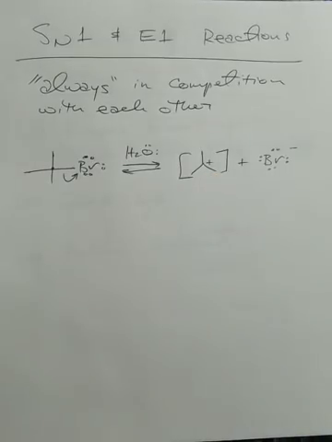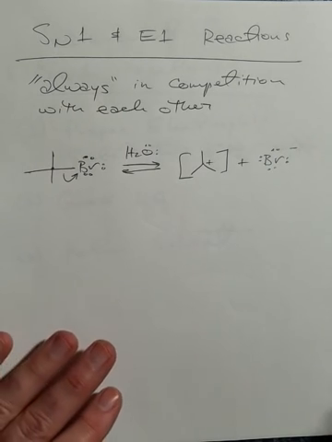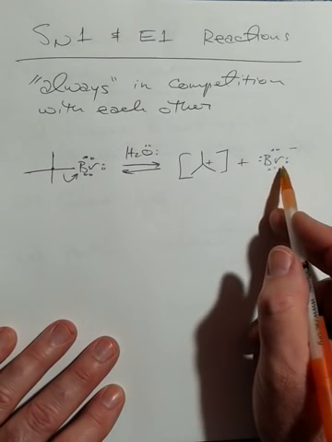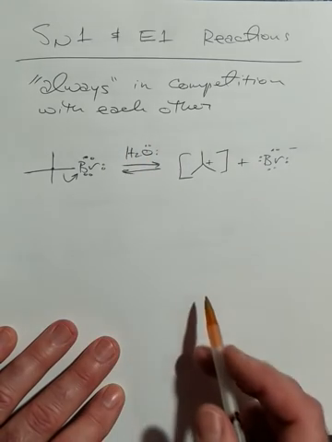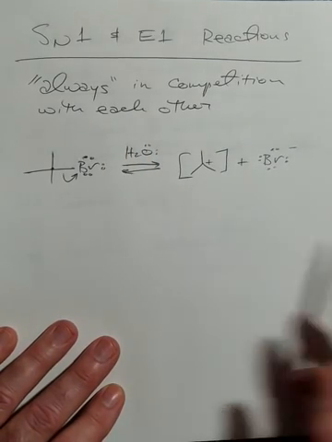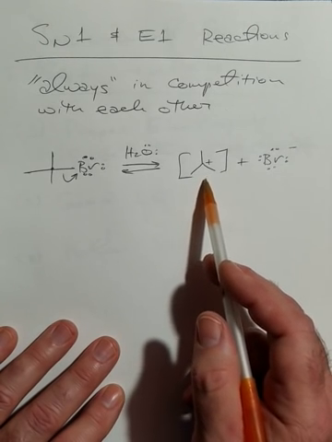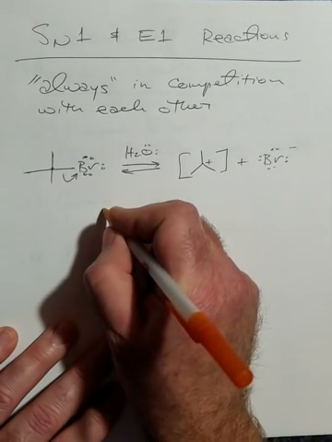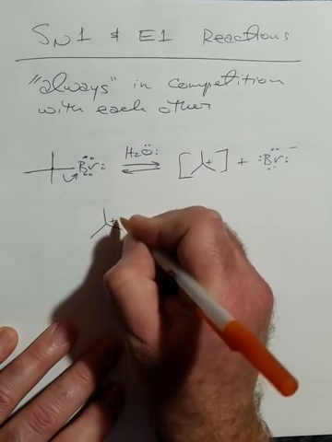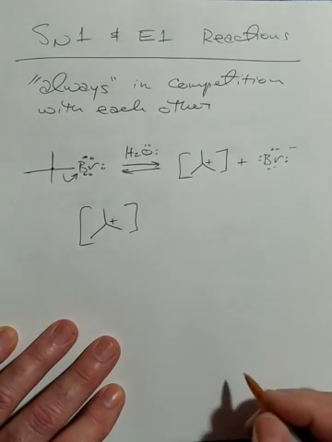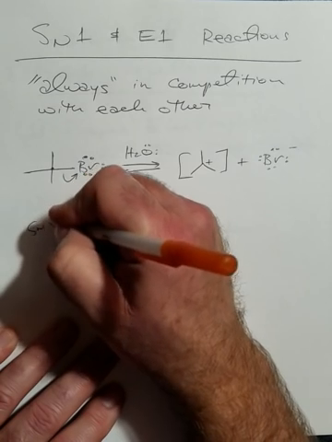Now, it's at this point that these two reaction pathways diverge. We've generated this carbocation and this anion in this sea of polar solvent, and they will dissociate from one another in the polar solvent, probably rapidly. And once they dissociate from each other, they can no longer react with each other. So what's going to happen? Well, in the SN1 pathway,